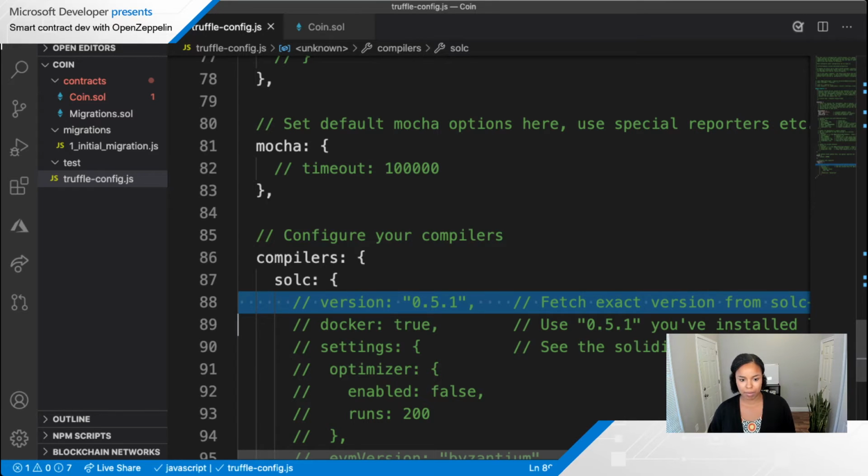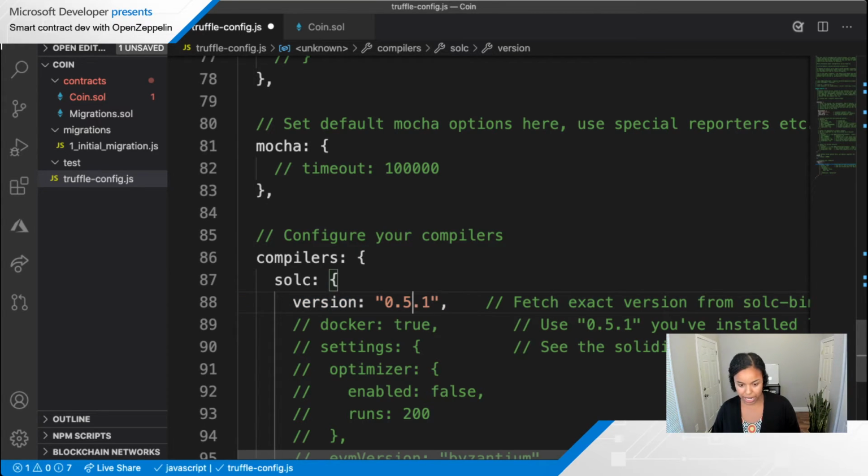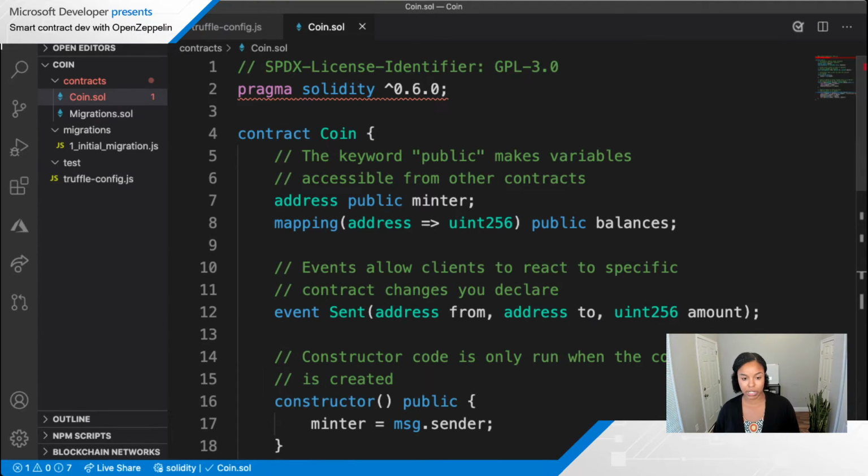By default, it looks like I'm using this version 0.5.1. In my test, I specified at least greater than 0.6.0. So I'm going to go ahead and change this, and I'm actually going to use 0.6.3, just some version higher than 6.0, where hopefully the compiler will not complain. So now that that's saved, I'm going to right click on this contract coin.sol to build